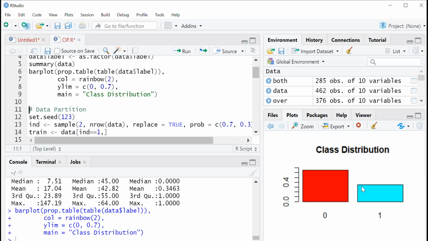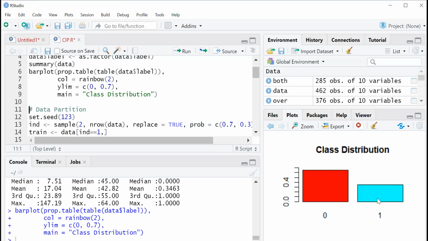Almost below 50% of your positive class when you compare to your negative class. Here 0 is your negative class, meaning no coronary artery disease, and 1 means coronary artery disease. So we are observing the class imbalance in your data.